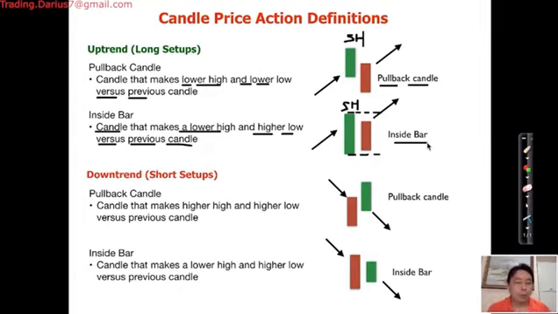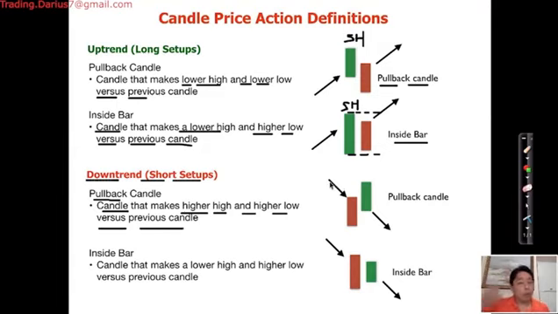Now let's go to downtrend, short setups. Again, on a downtrend, it's going to move down. As the arrows imply, we're going down, we're going to go short. Okay. So again, on a downtrend, we wait for a pullback candle. A pullback candle is a candle that makes a higher high and a higher low